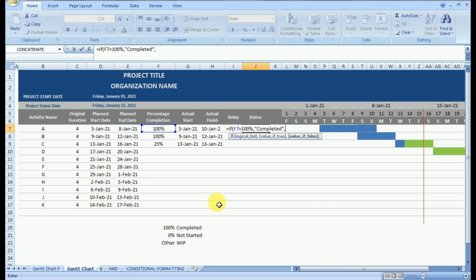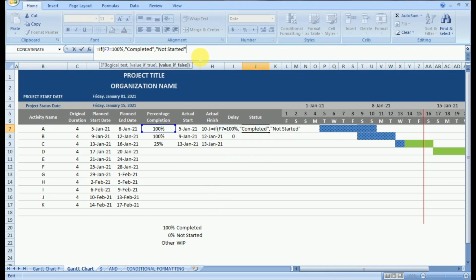The value if true means if this is 100%, I want completed as an output. And if it's false, I want not started as the output. So now we are using an IF command where we are testing that if the user input is 100%, the output should be completed, otherwise should be not started.